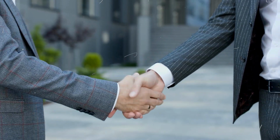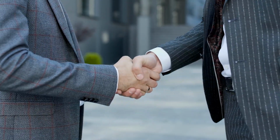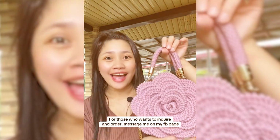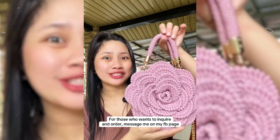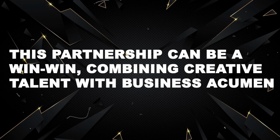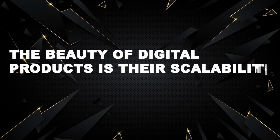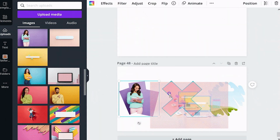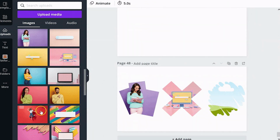knowledge. However, partnering with someone who has the skill can help you tap into this profitable market. If you have a friend who loves crocheting, you can collaborate. They create the patterns, and you handle the marketing and sales. This partnership can be a win-win, combining creative talent with business acumen. The beauty of digital products is their scalability and high profit margins. Once you create a product, it can sell repeatedly without additional effort, making it a fantastic way to generate passive